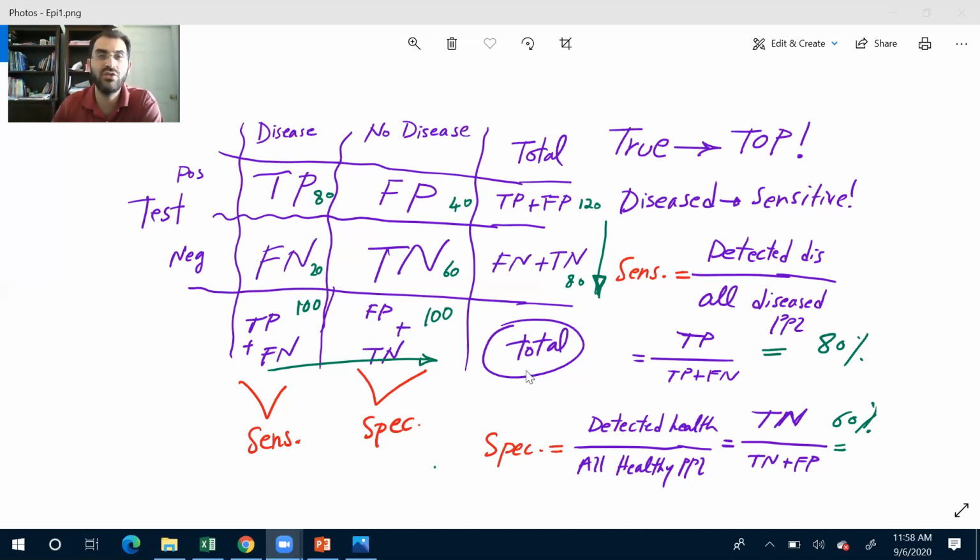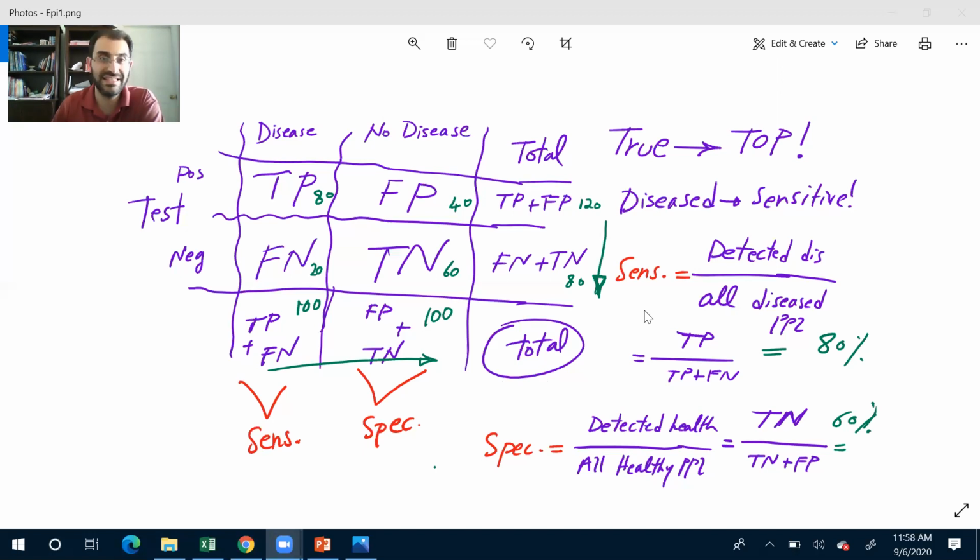So when you make your table and you want to check whether it is the correct table or not, is it actually standard or not, how can you check yourself? Check the total of the columns and the rows. It should give you the same number. It should give you the same number. That's the magic.